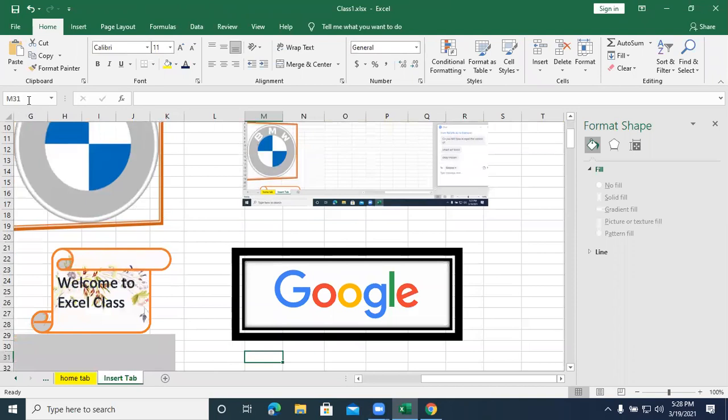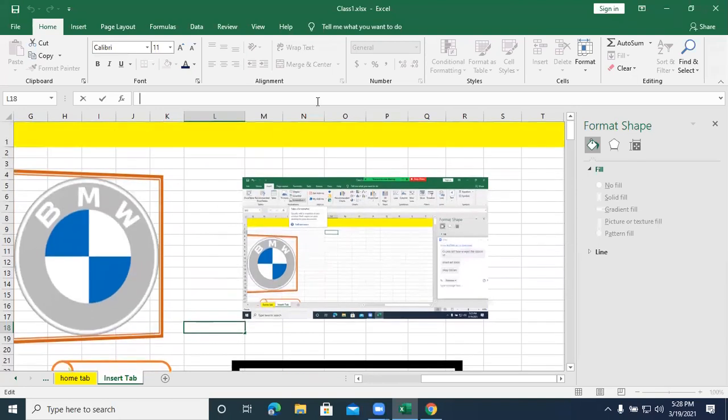In the name box, what is the cell reference you are getting? Nothing, ma'am. In the formula bar it's showing dot M. Check in which cell you are getting that cell reference. What is that error you are getting? I don't know, ma'am. It's not showing.